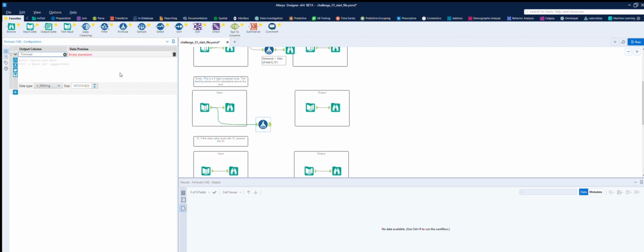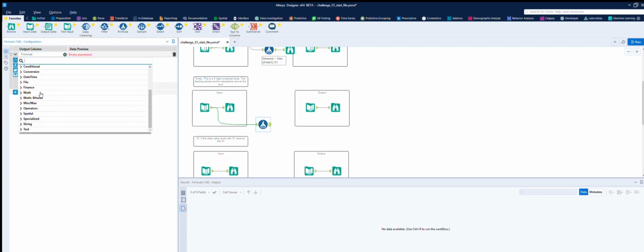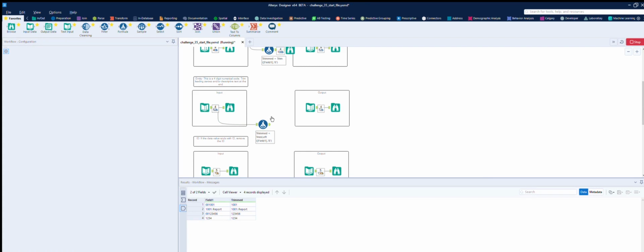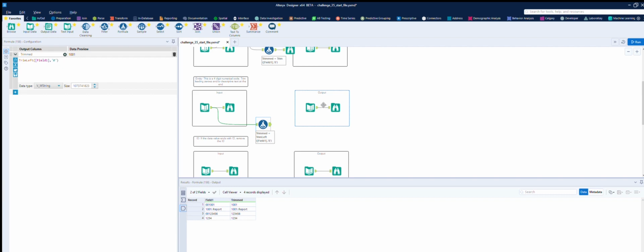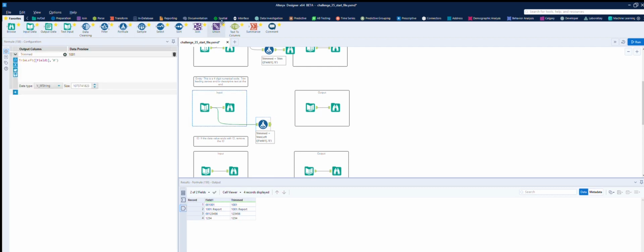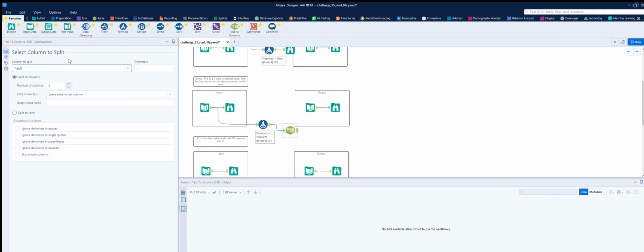Trimmed, and we want simply to remove the zeros, so instead of doing trim this time we'll do trim left. Take the first field and we want to remove the zeros. If we run that, what we'll end up with is them removed. Now we want to get rid of this colon report from here. I think the easiest way to do that is simply take anything that's after the colon. So we take that trimmed 2 and we do a colon,